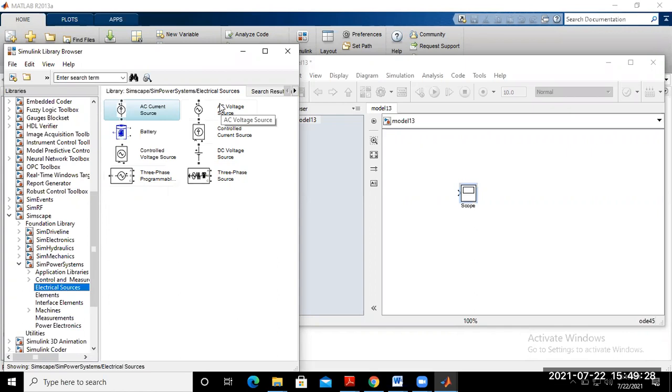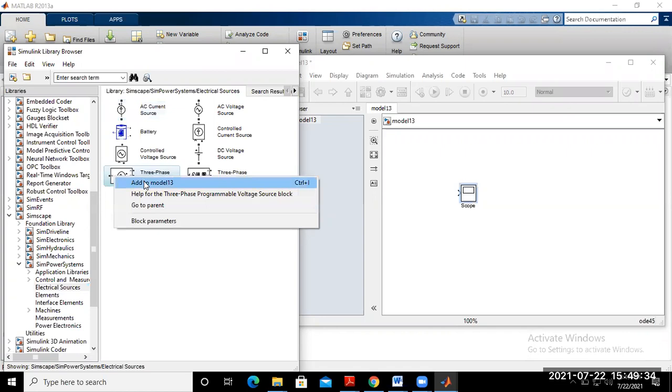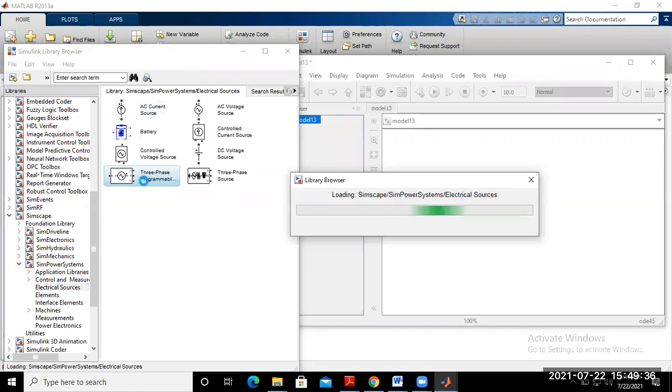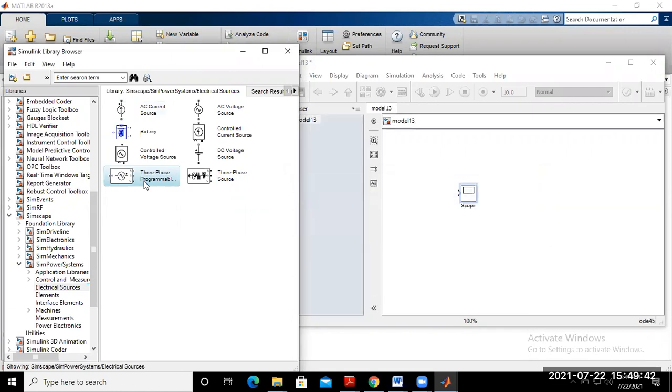So suppose we go for the three-phase model, that means add this to model number 13. So the three-phase source is available in your model number 13.